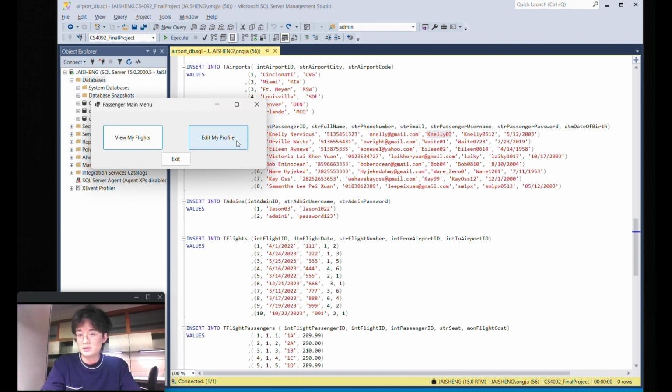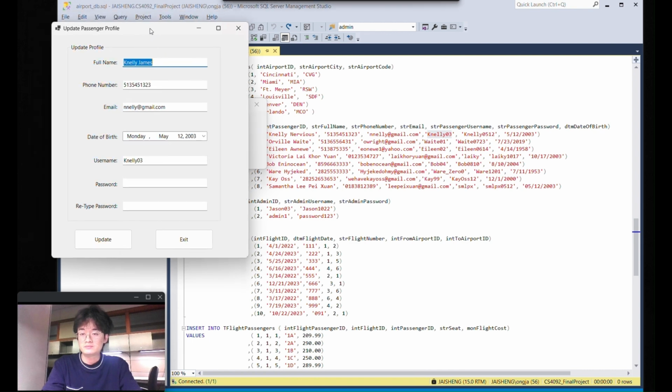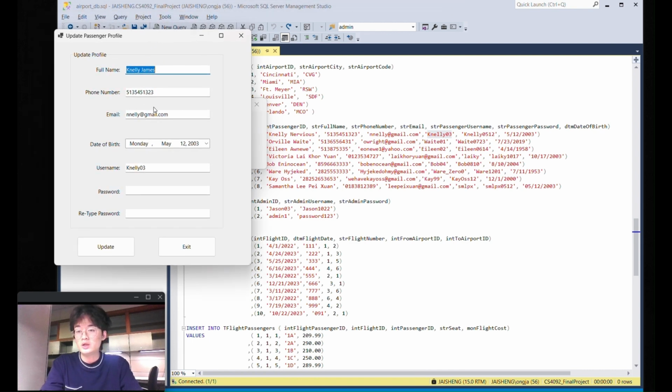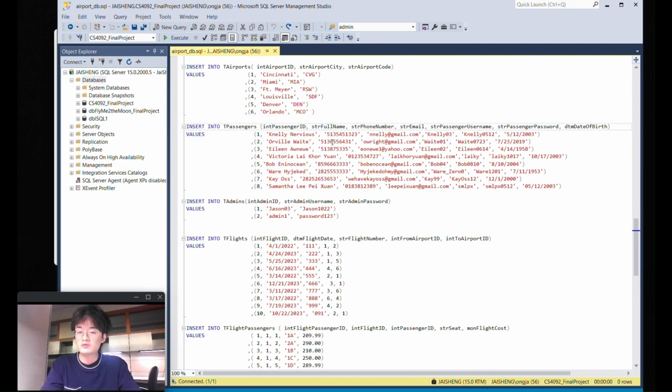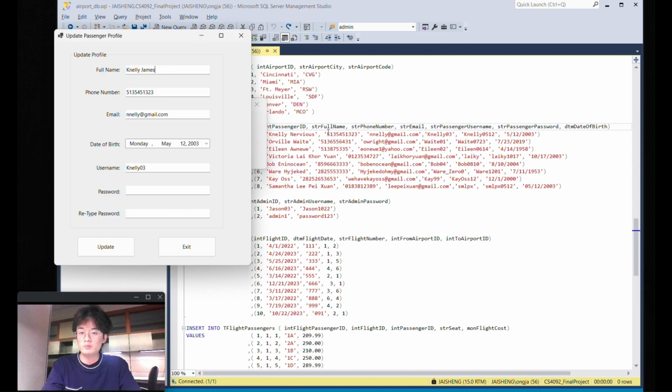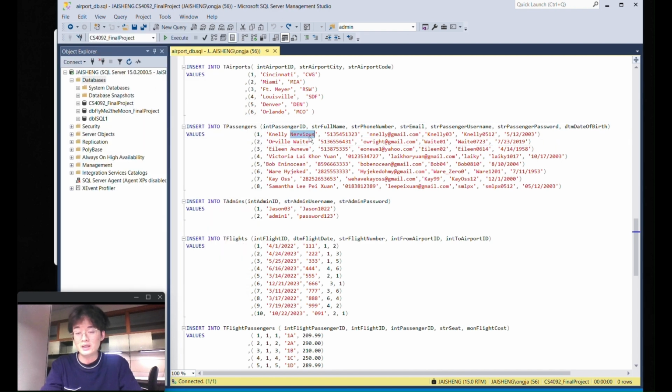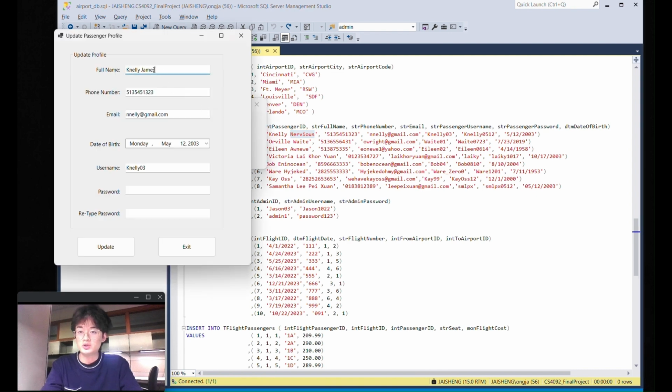We can start by going through the edit my profile feature. After you click it, the information in the T passengers table for this specific authenticated user will be prompted and shown back to us, if you want to edit any of the credentials. Previously I did some editing and it shows as James. So let's say we turn it back to,